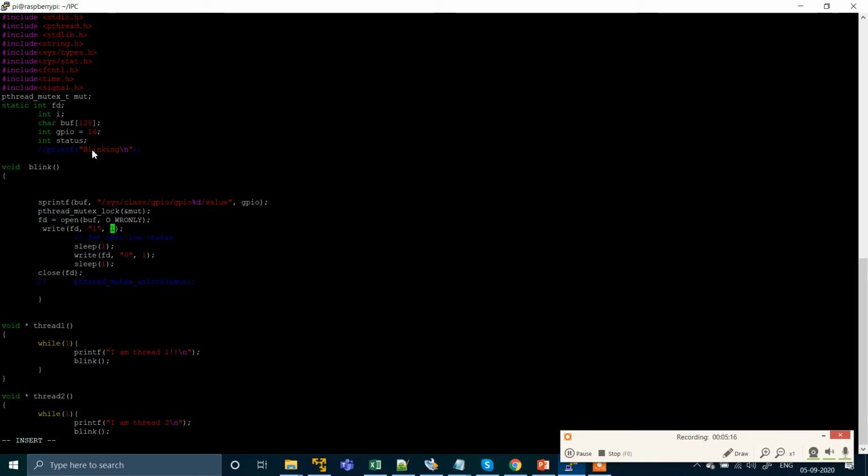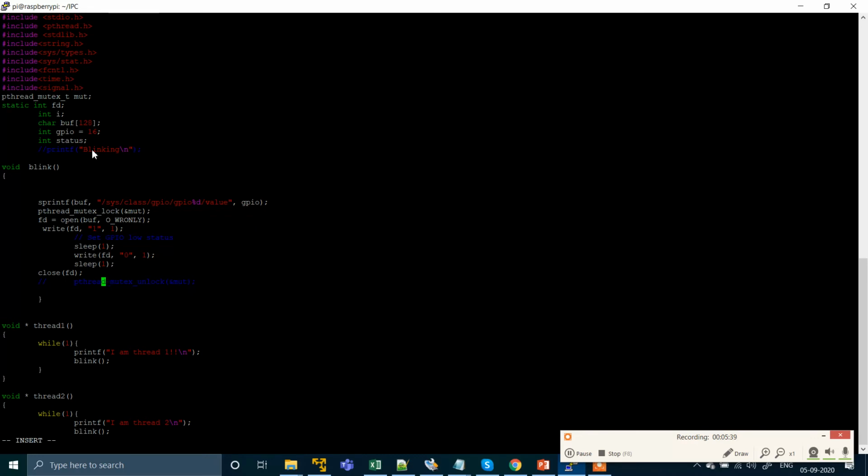This resource is also called a critical region in POSIX threads. Critical region means that the resource should be accessed by only one thread at a time. If multiple threads perform the same operation on the same resource, there would be a race condition and you will not get the expected output.